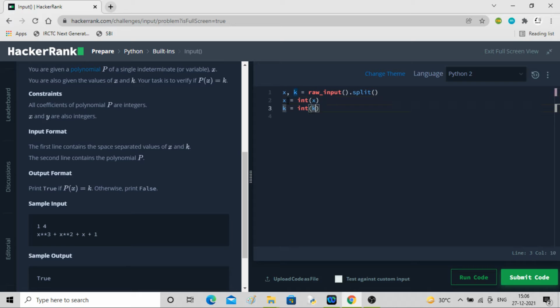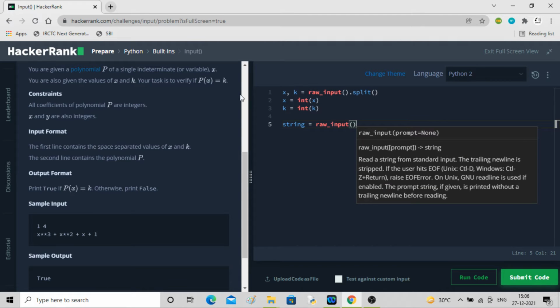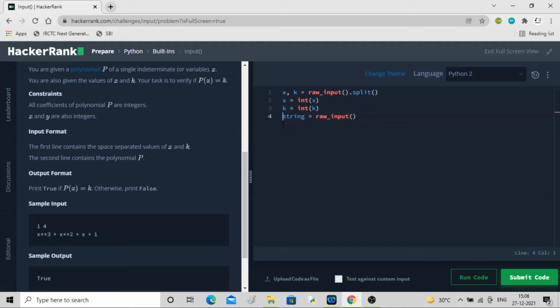Now we have to take the polynomial as well. The polynomial will be a string type, so let me store it directly: string equals raw_input(). That's all. This will take the polynomial.